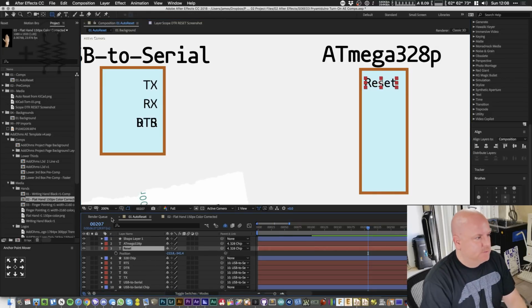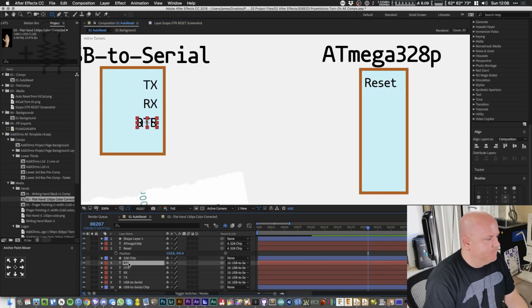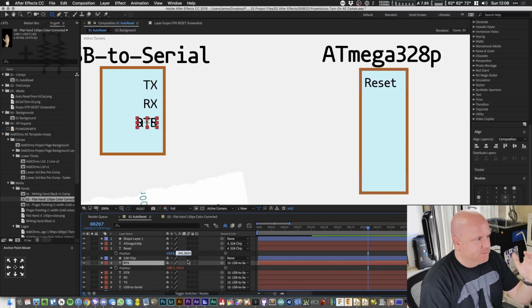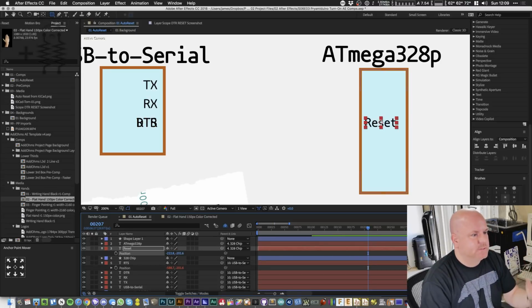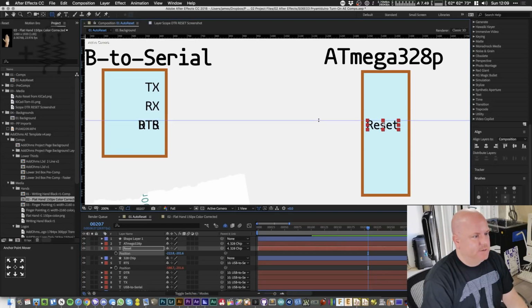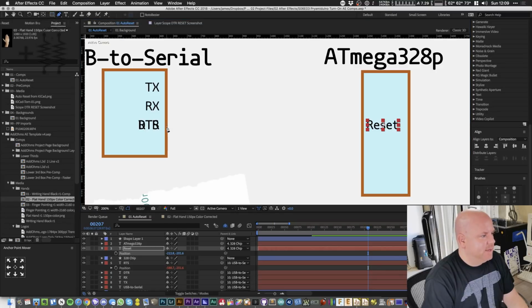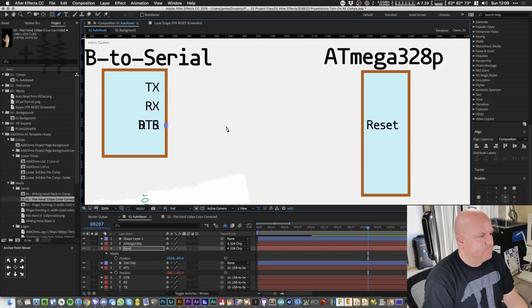Reset needs to be the same, what was it? It's XY. So this should be 201.6 because I want it to be the same distance, okay? So that when I draw this line, all right,